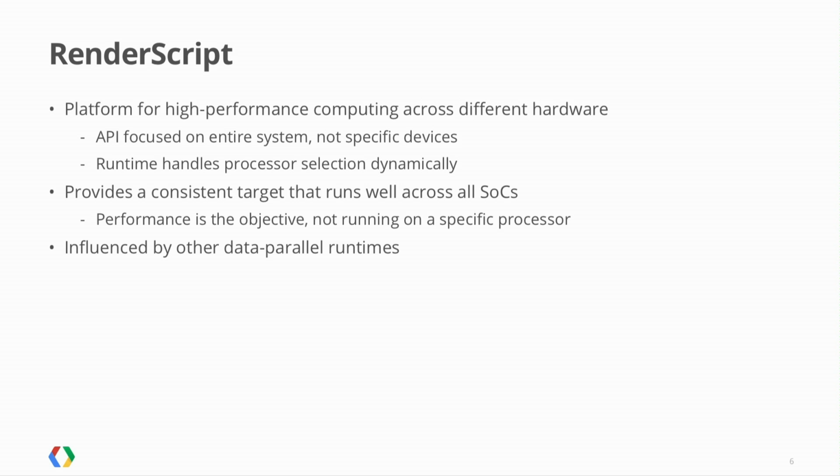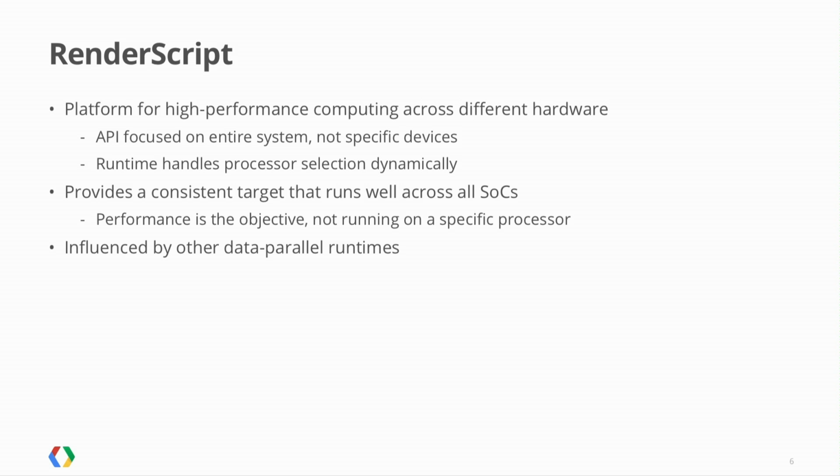So the first thing you'll notice about the API is that the API is focused on the system. You don't get a list of devices. You don't get a big collection of device properties and have to try to figure out at runtime which device you should use. The runtime handles that for you. You simply have a computation that you want to run quickly, and we will try to put that on the best processor we can. What this means is that this gives developers a consistent target that will run well across